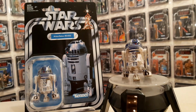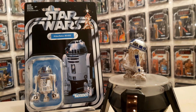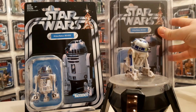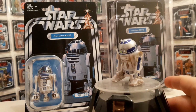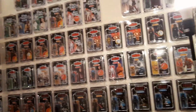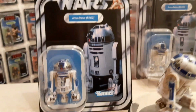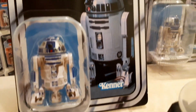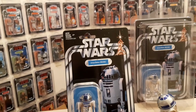Only one. This one is a very nostalgic figure for me, and it has a lot of significance to this channel, because I founded the whole channel based on wanting this card back in the modern era. At that stage, was it 2017? I've collected figures for years, but I'd never been a carded collector until I got into the vintage collection, and one card remained. I just thought it was such a lovely card and wanted to see it in the modern era, and it was this. So my first ever video was about that. Plus, the only one we ever had